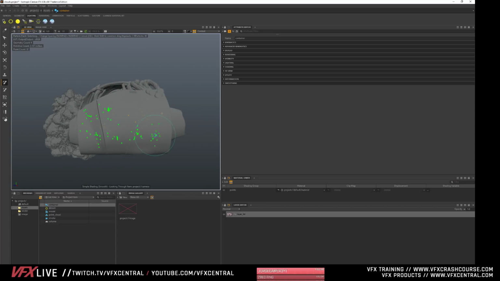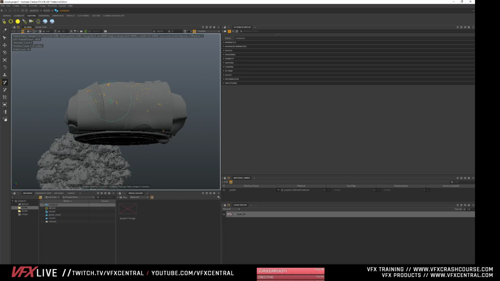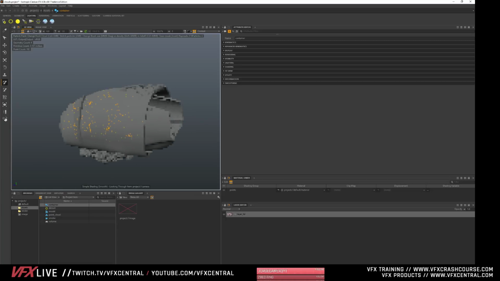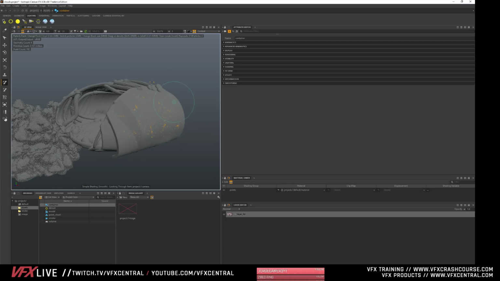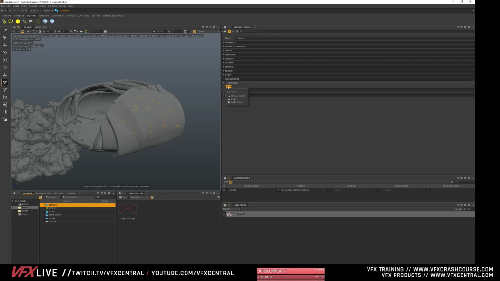So if we wanted to paint some stuff on a surface, like scatter a bunch of things on here, or if you have some bushes or whatnot, you can use this thing, and it's super, super handy. So you can just paint a bunch of these, and I think there's a way to make it so it sticks to the surface, and I have to remember exactly what it is. Is it a deformer? No.